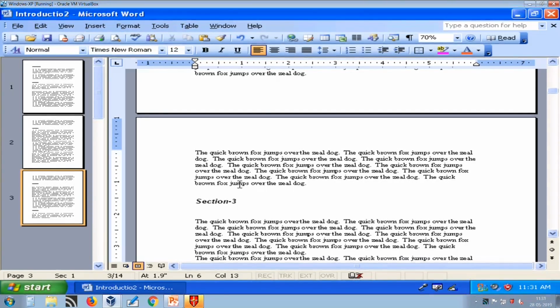So, I cannot type the title on every single page, but what I can do is, the things which are common for all pages can be placed inside the header and footer. Normally, we place the title or a particular company logo and company name in the header, and generally we keep the page number and total number of pages in the footer. So, headers and footers are very important.